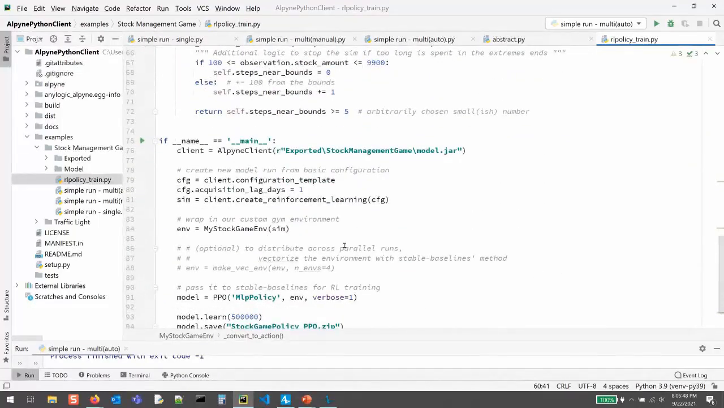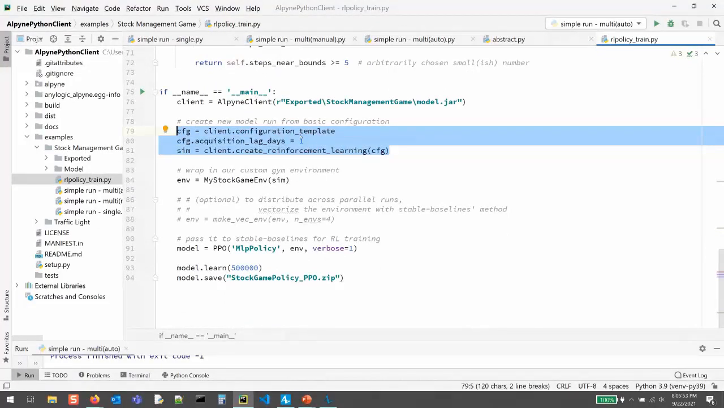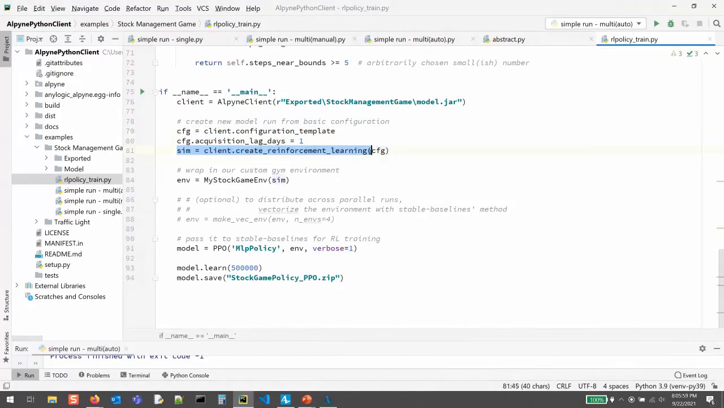And so what that will look like at the end is that we can, again, this should look familiar: we create an initial configuration. We pass that to create a new model run, and then we can wrap it in our custom gym environment. So at this point, once we've done